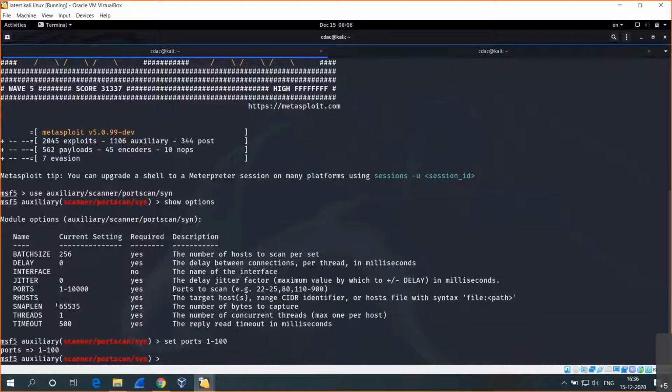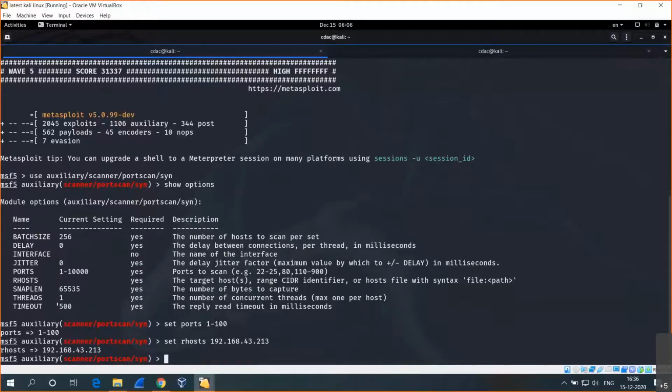And we need to set our host also. So our host is our Linux machine, IP address is 192.168.43.213.